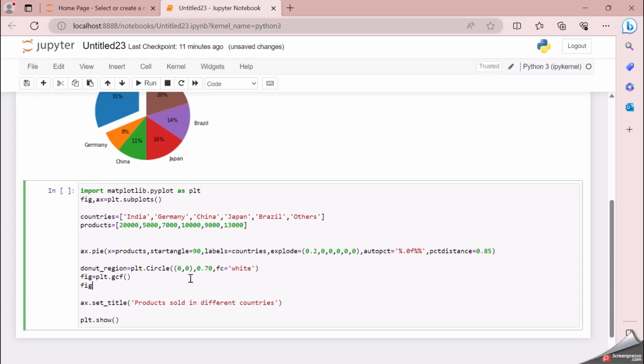Now fig.gca method I'm using .add_artist, and within this I'm adding the donut region, donut_region, which I have earlier created. So I'm adding it to the current figure. The donut region gets added up. And I have to push the labels, percentage and labels. So I'm giving pctdistance equal to 0.85. So now when I run the code,